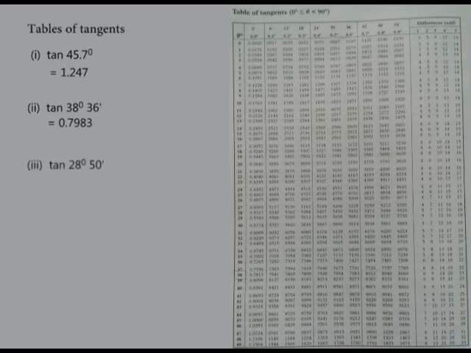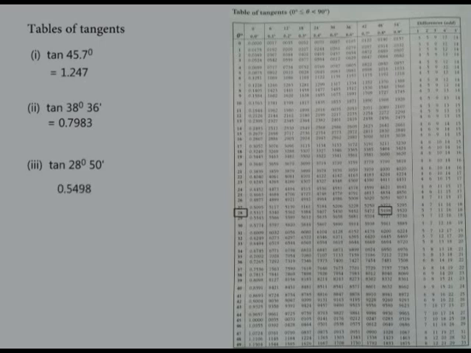What of 28 degrees and 50 minutes? We can read 28 degrees, but 50 minutes? No. This time we go to the differences group of columns. Notice that this group has only 5 columns. 50 minutes lie between 48 minutes and 54 minutes. In between the two, there are 5 minutes. That is 49, 50, 51, 52, and 53. So what we do is read the number at the lower side, that is at 48 minutes, and that tangent is